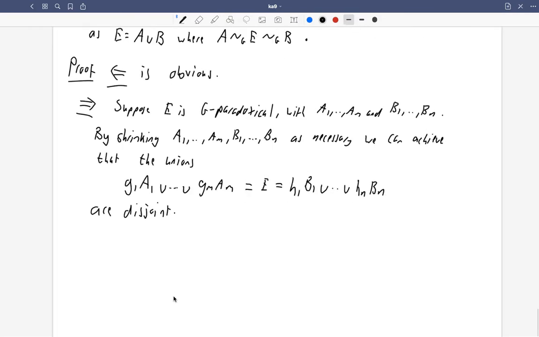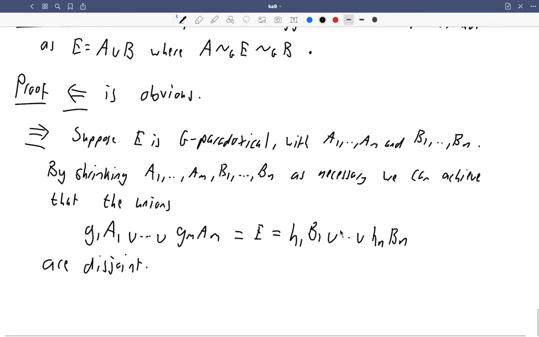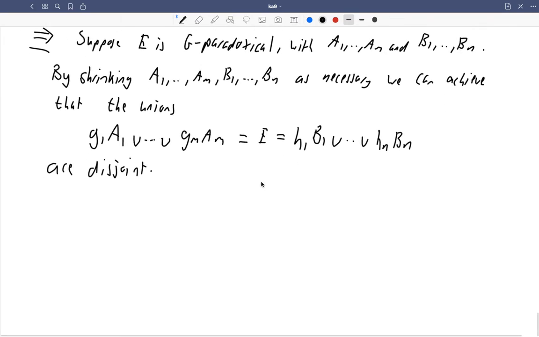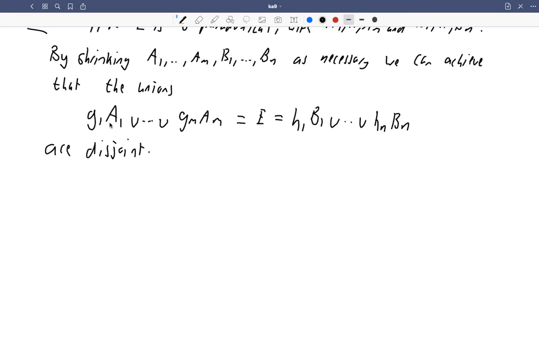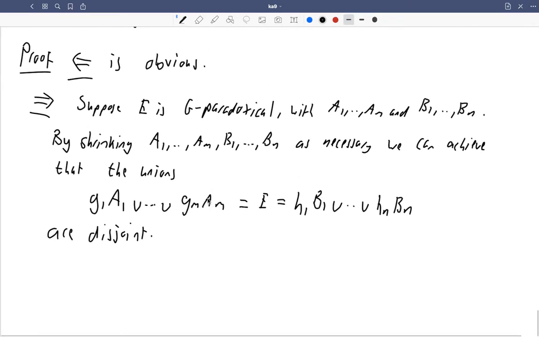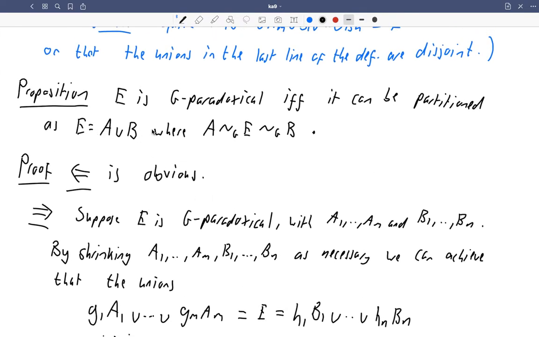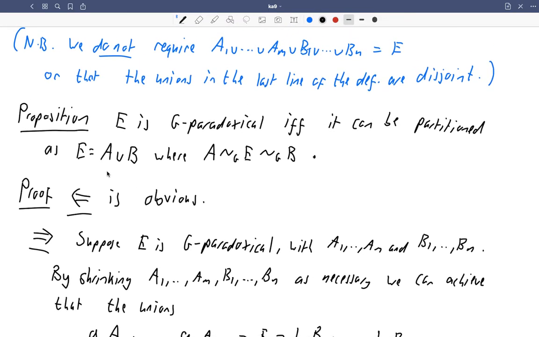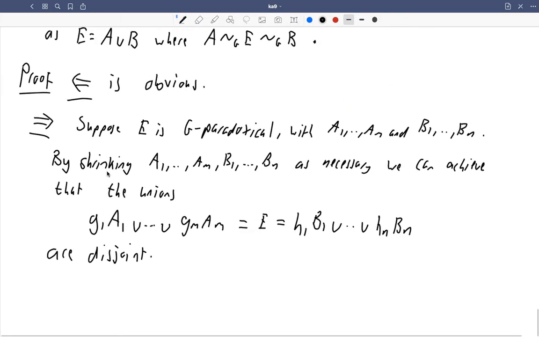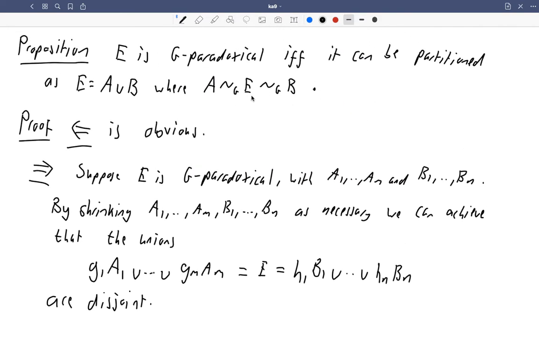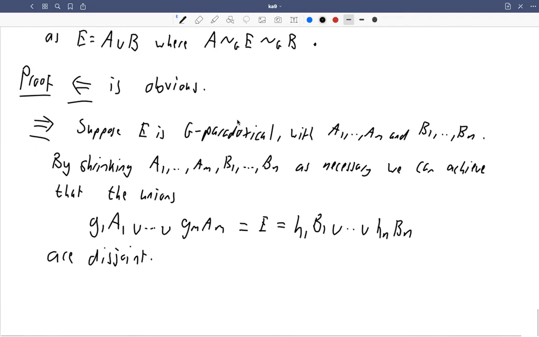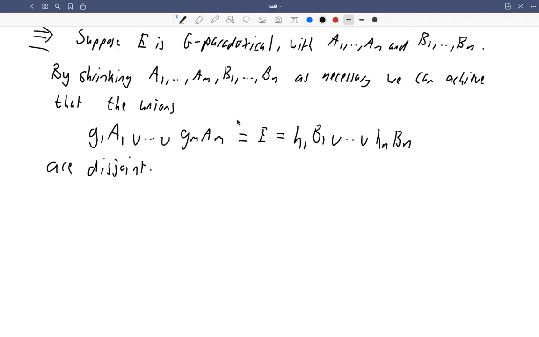Strictly speaking, we started off with some A's and B's, and we might then get some A primes and B primes, still M A primes and N B primes, but I don't want to introduce the notational overload there, so I'm still going to work with A's and B's. But having done that, we've made the sets smaller, but in the end we want to be able to partition the whole of E into two parts, each of which is G equidecomposable with E itself. But to do that, we're now going to use our